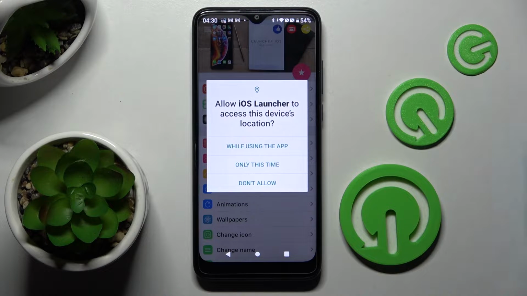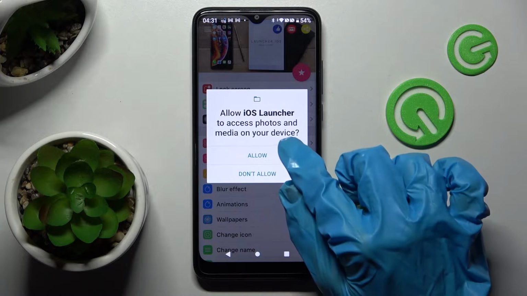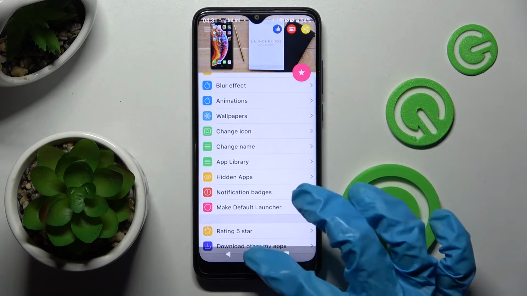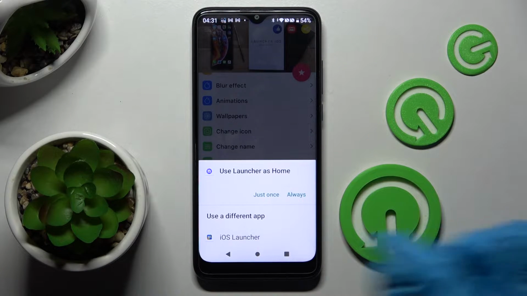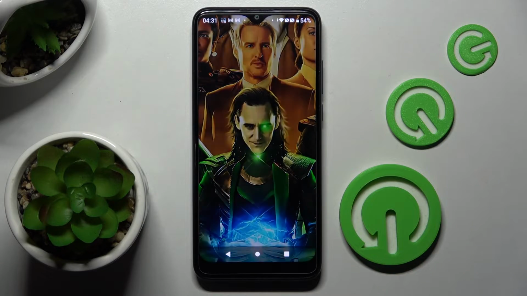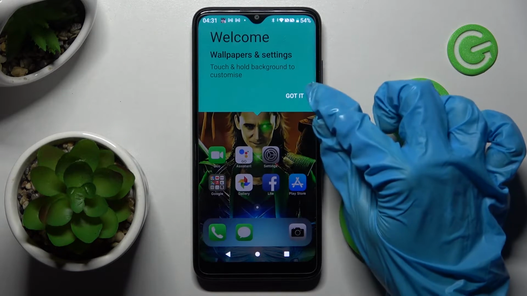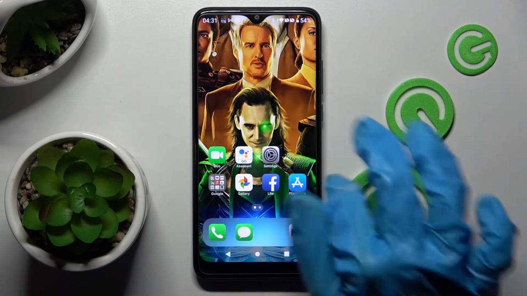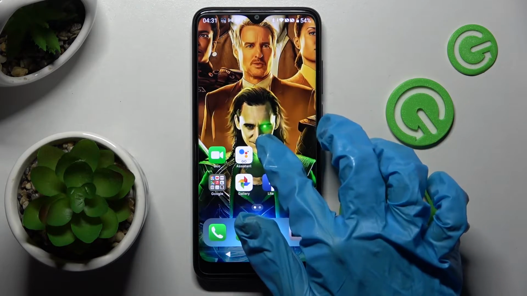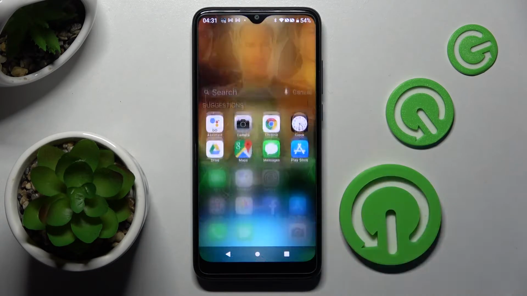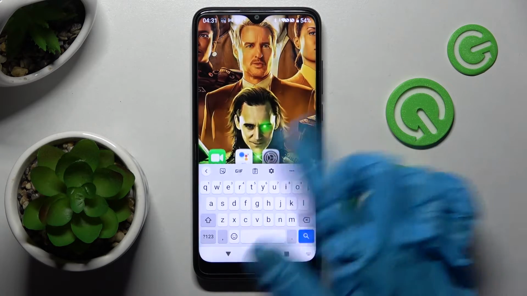Now you need to select while using the app and allow in all of them. After that, click on Home button. Over here you need to tap on iOS Launcher, choose Always, and tap on Got It. As you can see, iOS Launcher was applied successfully on my smartphone, but you can always just switch between those